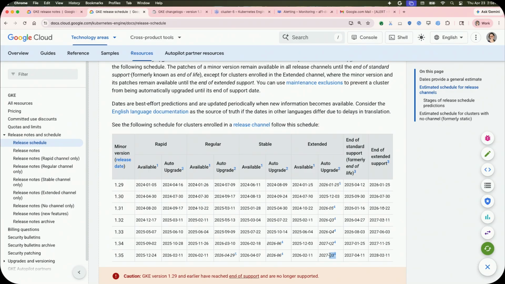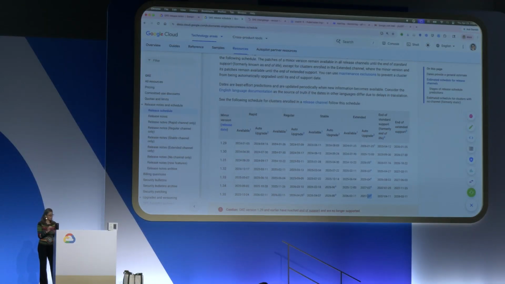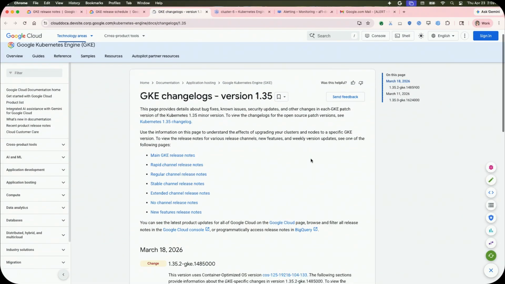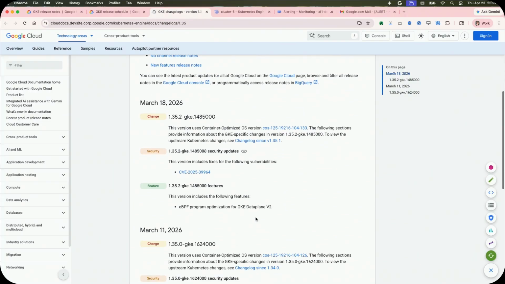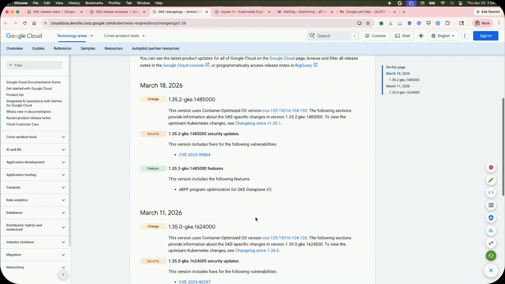When we're about a quarter away, we'll put quarters. When we are within a quarter, we'll put months. And then when we're within 2 weeks of the best case scenario, we'll put a date. Now, it's still a best case scenario. It's not the actual date. So remember that it can actually be delayed. The other thing that we're adding is change logs. Today, you have a lot of information in release notes already, but on top of that, we are going to add change logs for each of the versions and patches, so you have more information in terms of what's coming from a security, feature and issue standpoint.